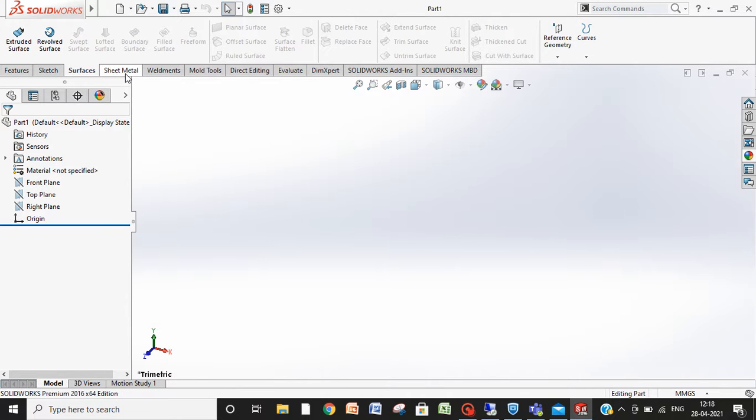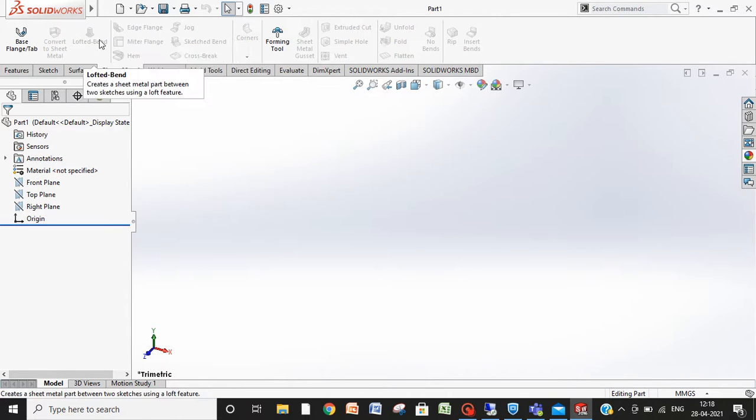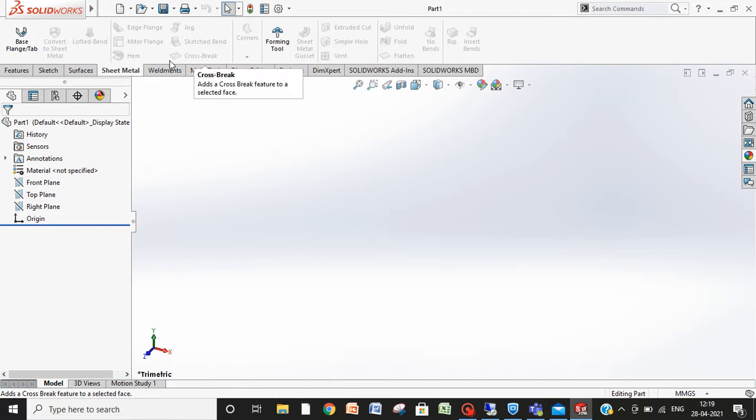These are sheet metal: if you want any product in sheet metal only, like the body of a car or the frame of an aircraft, you will work in sheet metal. We will start only with the basics, and these other things we will do in upcoming videos.